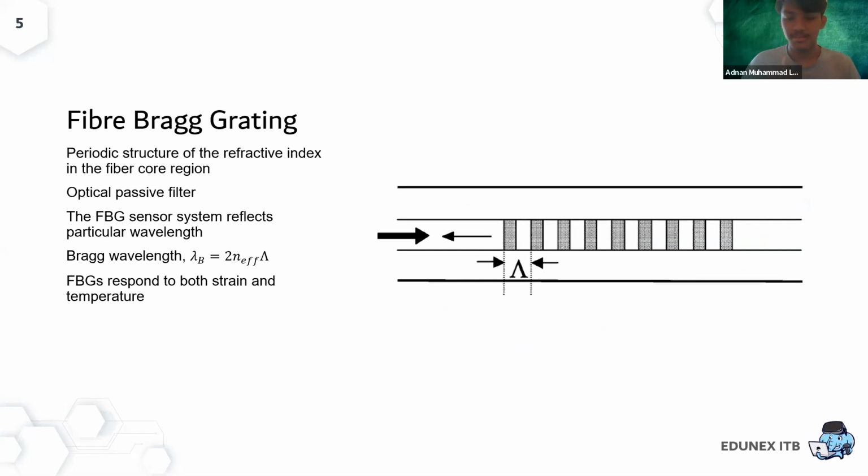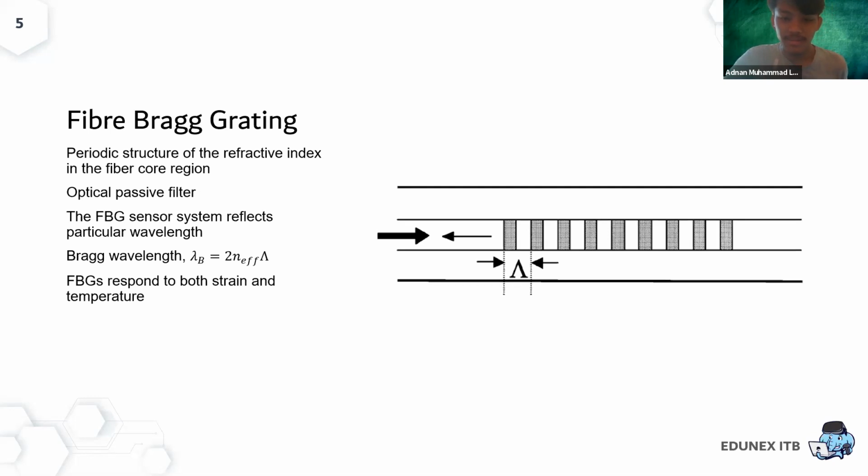So functionally it works as an optical passive filter. It will filter the wavelength of the light that propagates through the core. It will transmit most wavelengths and reflect